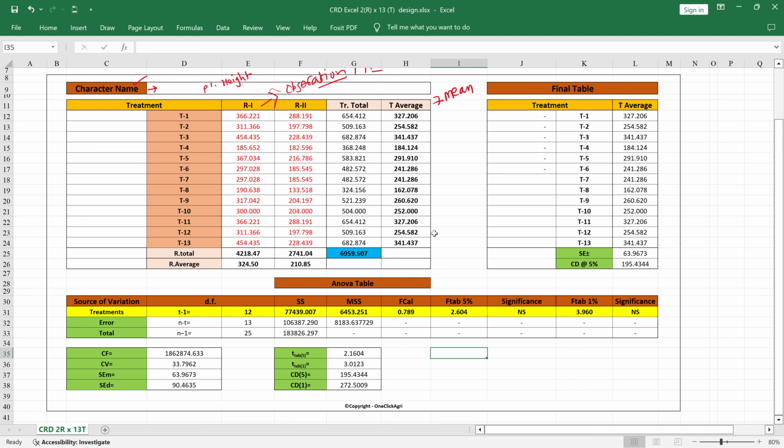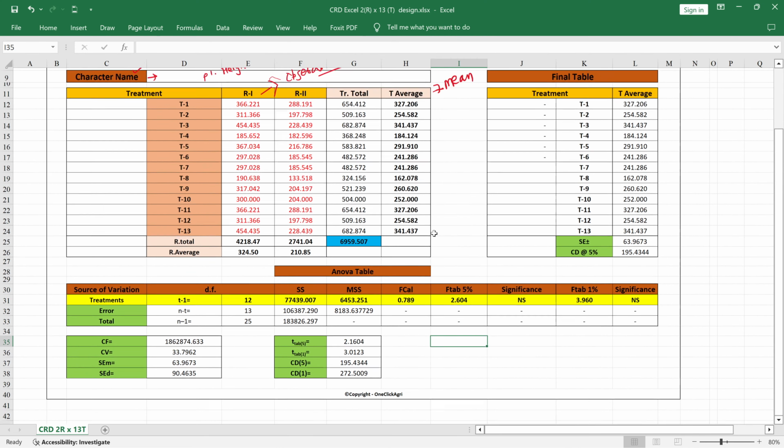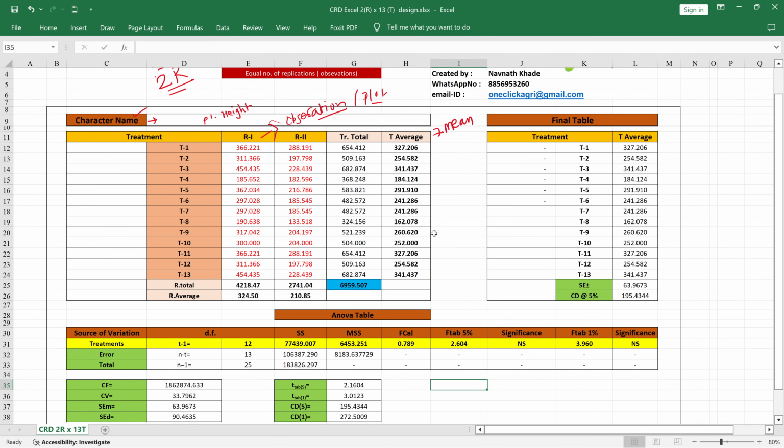I'll share the detail file, and I'll give you the soft copy, so that if you want to modify anything in that, you can do the modification, because this is a real-time result operating system. For example, if you want to change any value, for example I want to make it 400, you just put the 400 here and hit enter, and it will reflect in all the remaining tables automatically. So this is the final thesis table, which we are going to use for our